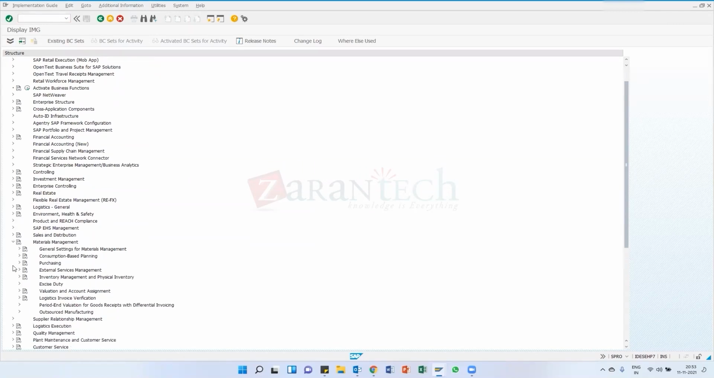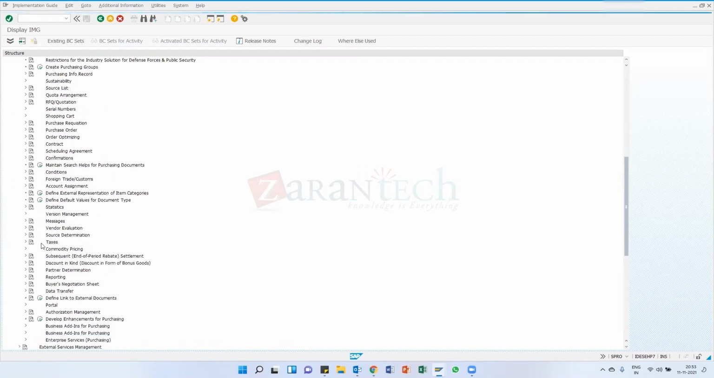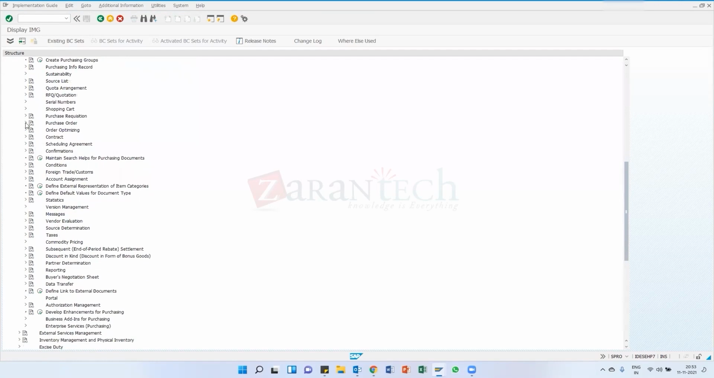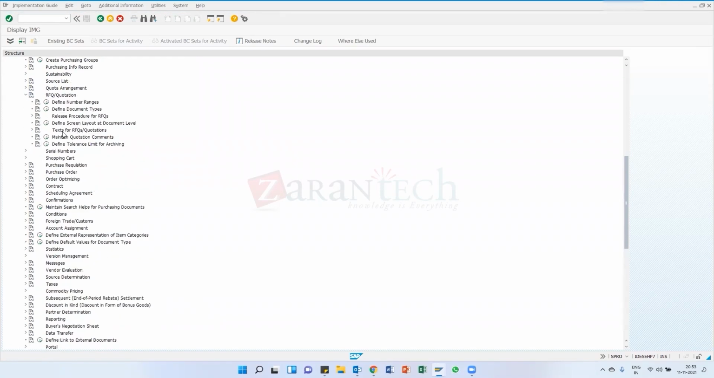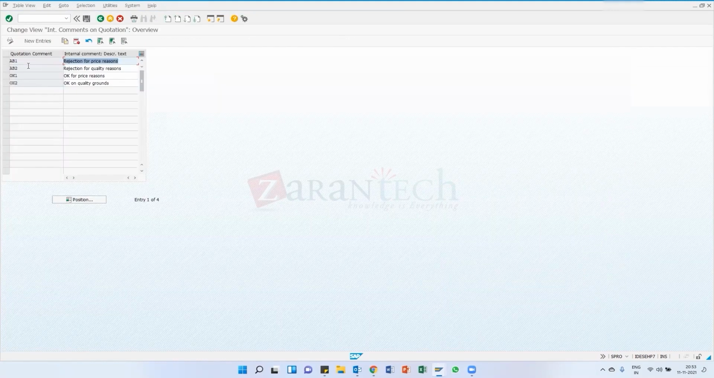Material management, purchasing. In purchasing, RFQ, here is the maintain quotation comment. Here we can maintain that. See this. Suppose I maintain